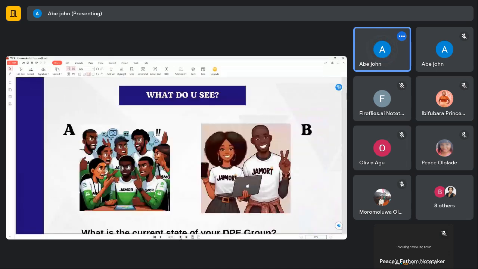Okay, so this brings us to the next slide. Can anybody see the pictures on side A and side B? Okay, that's good. As of now, I know you've been divided into different groups in your digital proficiency classes. So in your groups now, which one do you think your group is? Is it Team A or Team B?